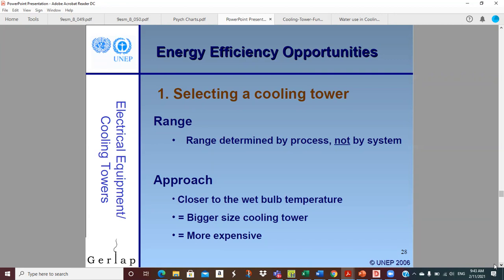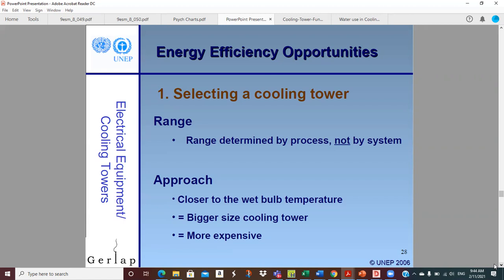But the closer we get to wet bulb, basically the bigger the tower is. For a given flow, we have larger and larger towers. So in order to get the approach to zero, you'd have to have an infinitely large tower. And of course, you can't afford that. So that's the point: if you move closer to wet bulb temperature, that implies a bigger size cooling tower, which